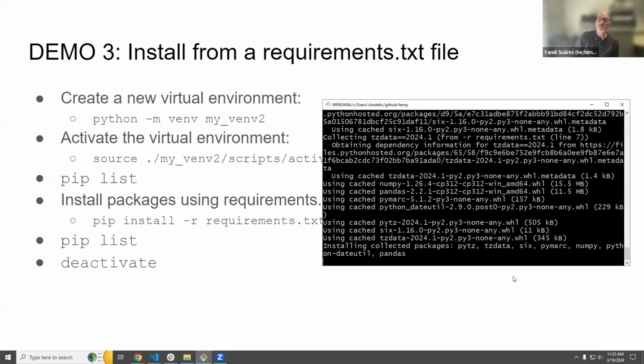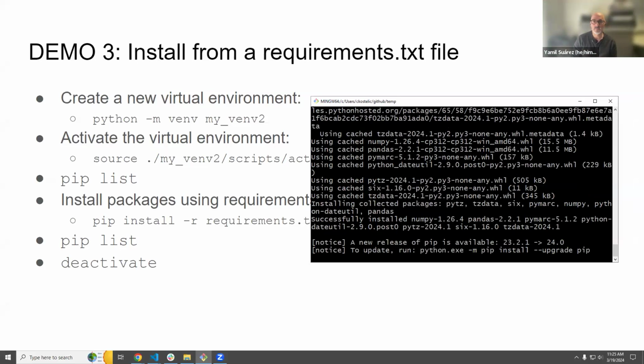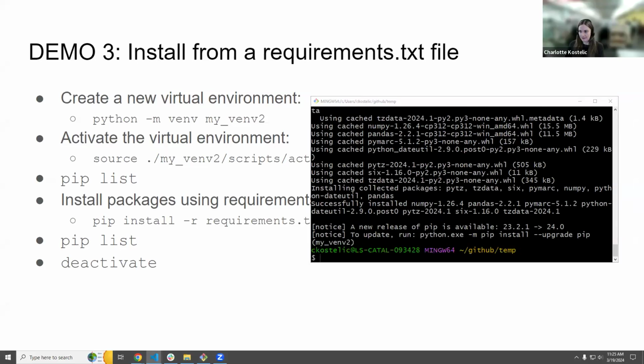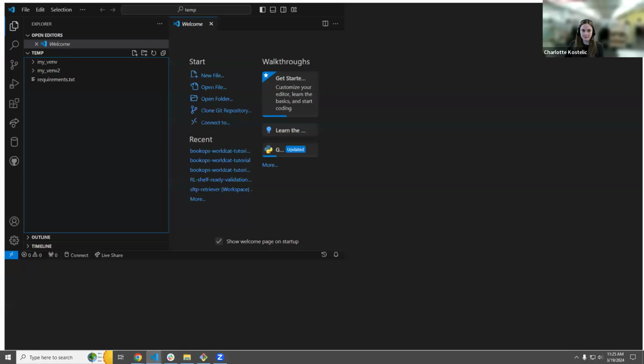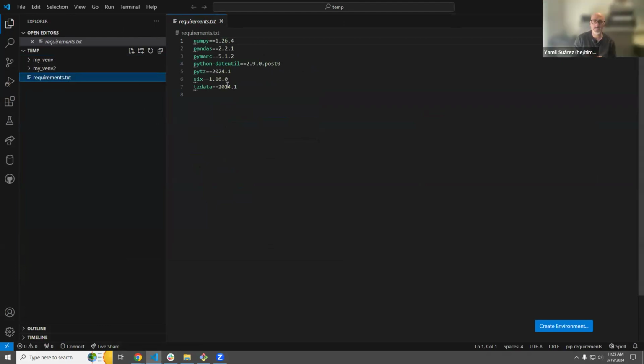By the way, Charles, would we have a moment? Can you display the contents of the requirements.txt file before you close the window when you're done? Yes, to show how simple the syntax can be on a good day. So here, this is just VS Code. You make that a little bit bigger. Yeah. Oh, how do I make